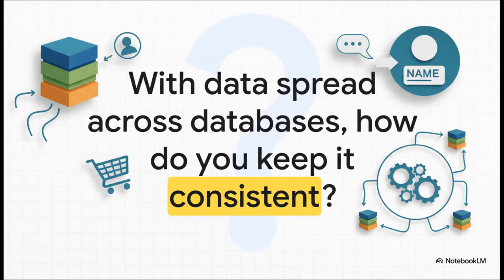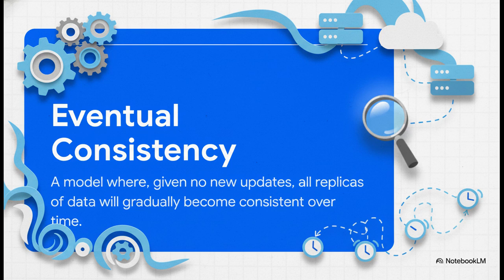And this is the immediate follow-up you should expect. Every microservice owns its own little database. The user's profile lives over here, in the user service's database. Their order history lives way over there in the order service's database. So if a user updates their name, how do you make sure that change shows up everywhere it's supposed to? You know, the key here is to completely shift your mindset and embrace something called eventual consistency. Unlike the immediate, strict consistency you get with one big database, we have to accept that there's going to be a tiny delay before all the different parts of the system are synchronized. The system will eventually become consistent, and you know what? For most things, that's totally okay.